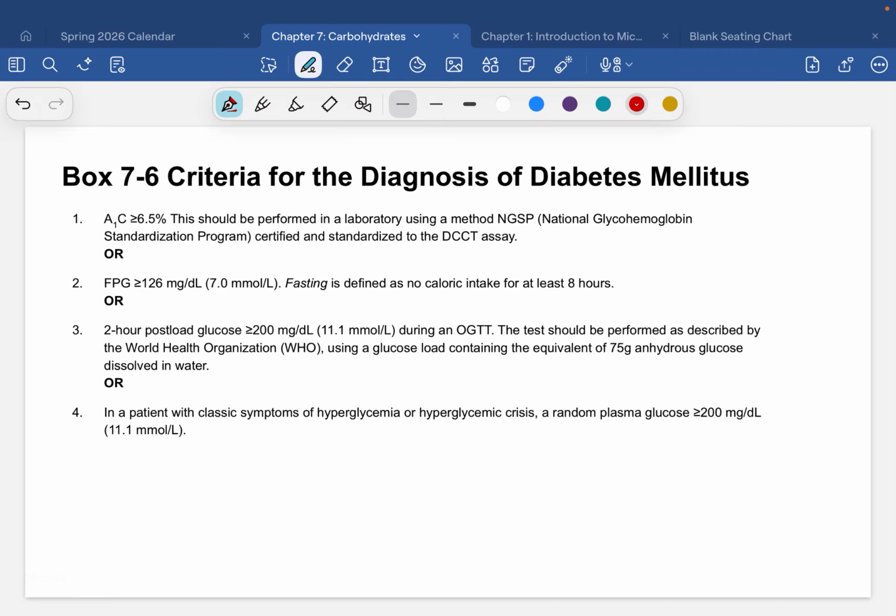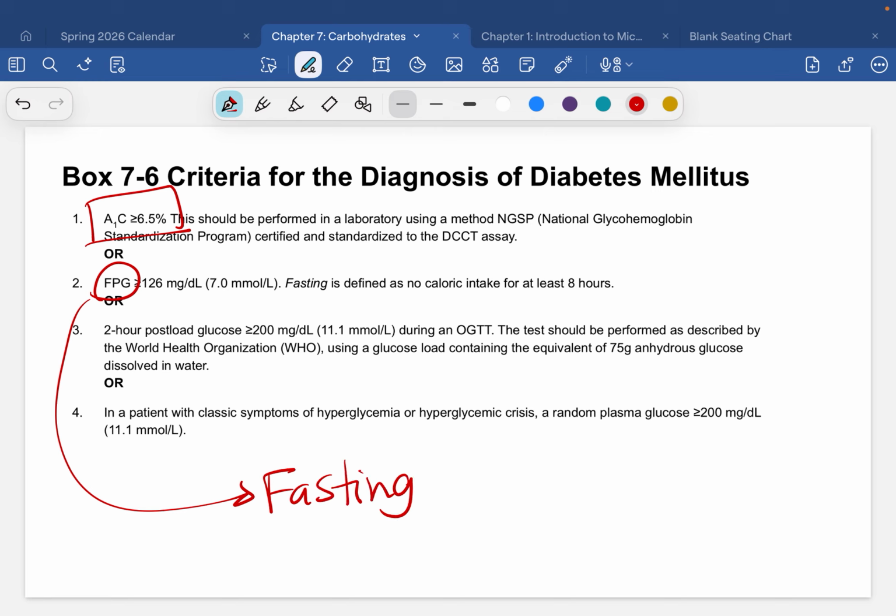All right, so these are the criteria for the diagnosis of diabetes mellitus. We're going to talk about A1C probably next time when we talk about testing. But A1C is a measure of blood glucose. Again, we'll talk about it later. But when your A1C is too high, or a fasting plasma glucose, so that's fasting. Again, we'll talk about the definition of what fasting is next time. But a fasting plasma glucose of greater than 126,